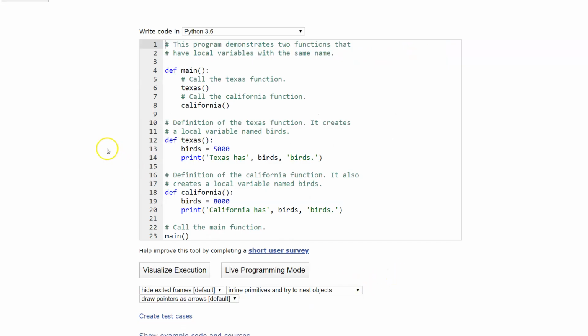so here we go with this little birds program, and we've got a few different functions here. So we've got main, of course, and then we have Texas and California. Those are our function names. And you'll see with each one of these, if you take a look at line 13 compared to line 19, we're using the same variable name. And the interpreter has no problem with this. It's just fine, but because they're